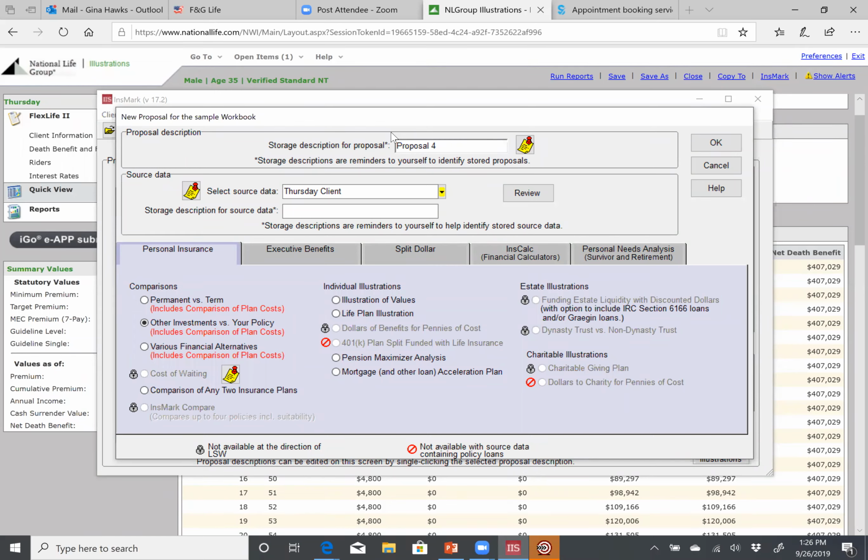So this is typically how we're doing it. So that's why we choose the other investments versus your policy. And that's the default. Now, I don't remember if I saved that as the default, but I think it automatically defaults to that because that's what most people use. So once you've got that selected, other investments versus your policy, then you want to click on